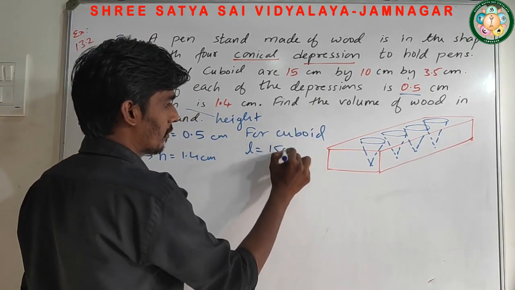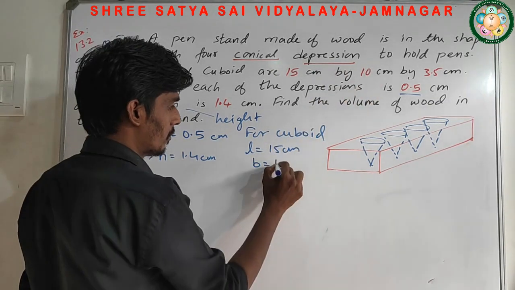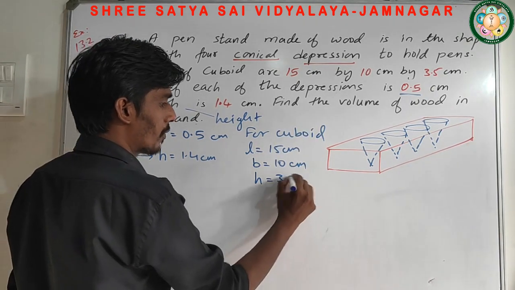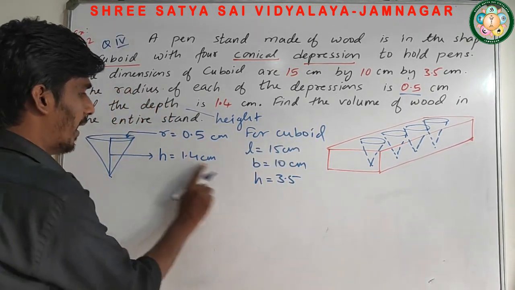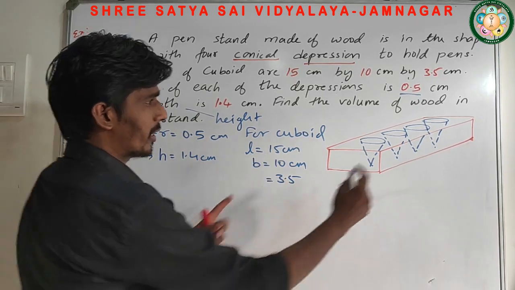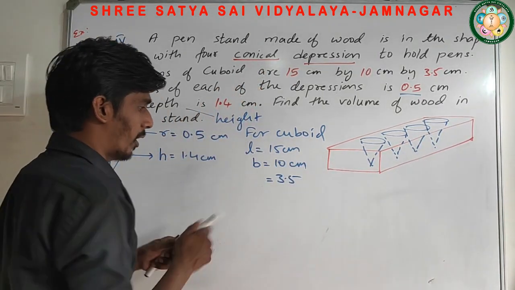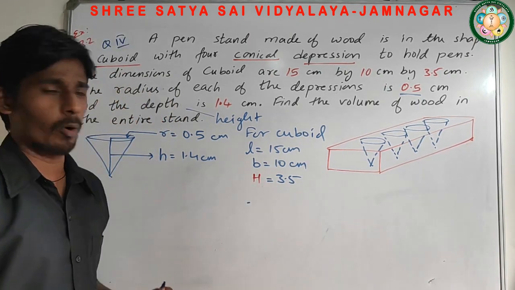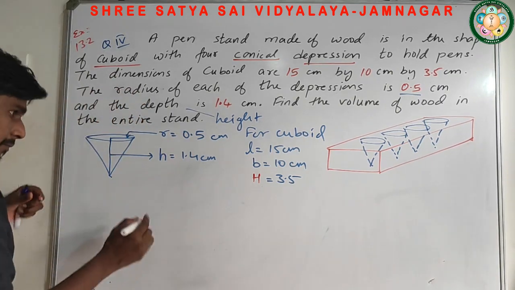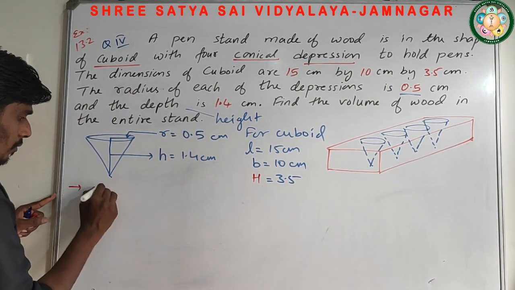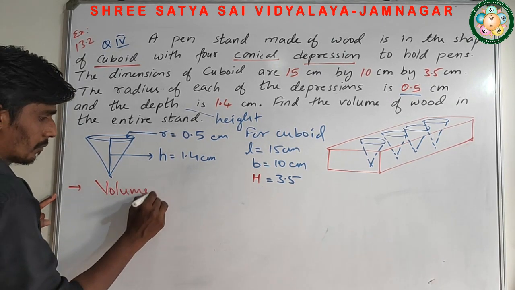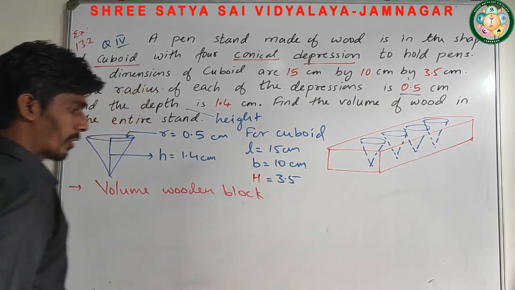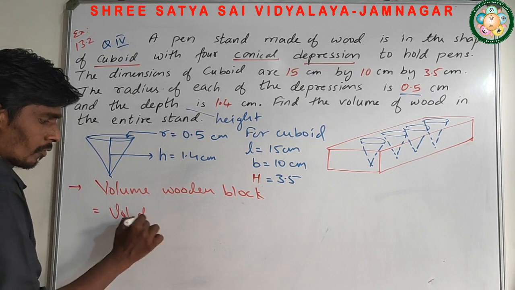Now for the cuboid. Length we can take 15. Breadth is 10 and height is 3.5. Again if you look at this one, small h. So I'm going to take this cuboid height as capital H, so that there will be no confusion between capital H and small h. Now volume of wooden block equals volume of cuboid